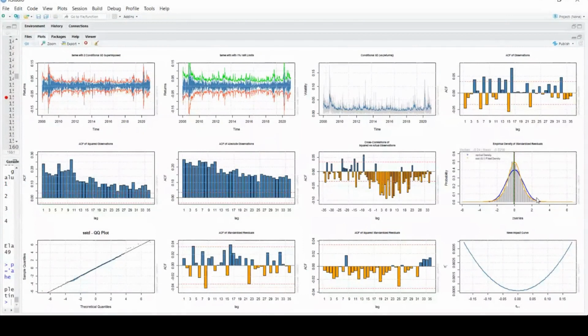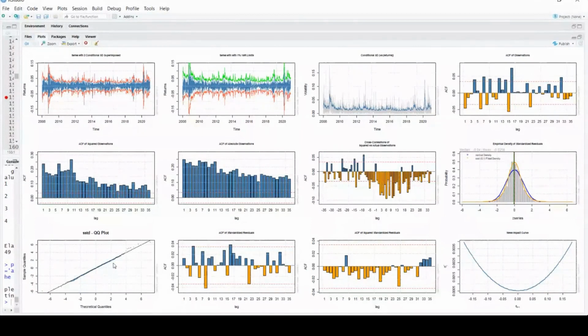Now look at the QQ plot. If you remember previously in the QQ plot, the blue line was very far away from the black line, which is the straight line. But in this graph you can see our blue line observations are nearly falling near the black line.